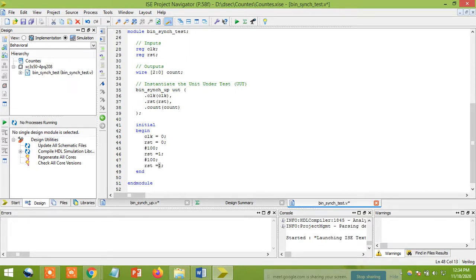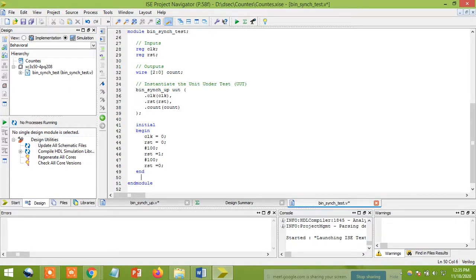Sir, you're not changing the clock? Yes, I'm not changing the clock here. So why am I not changing it? Clock initially it is 0. So what is the statement we are going to use to change the clock? Previously in the test bench program, see how it is changing. What is the statement we chose in the test bench program?